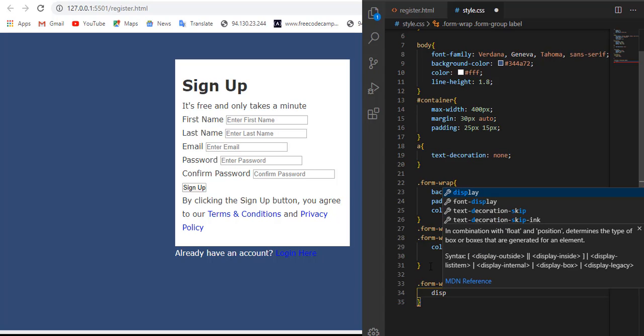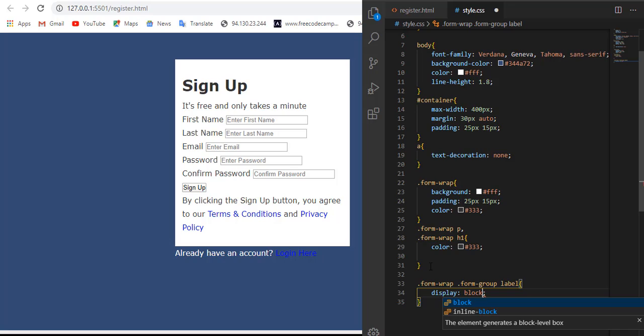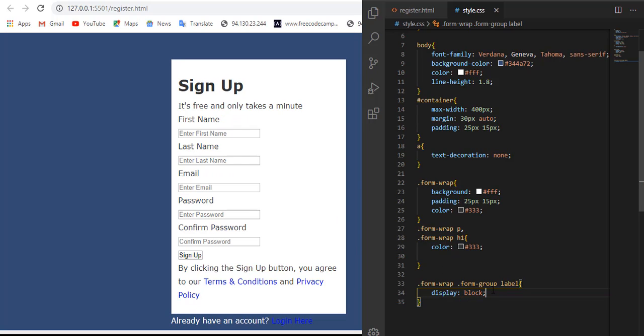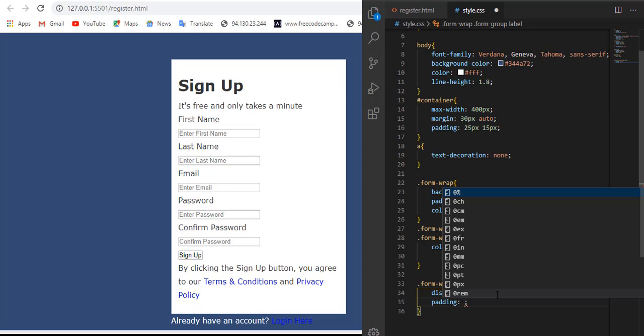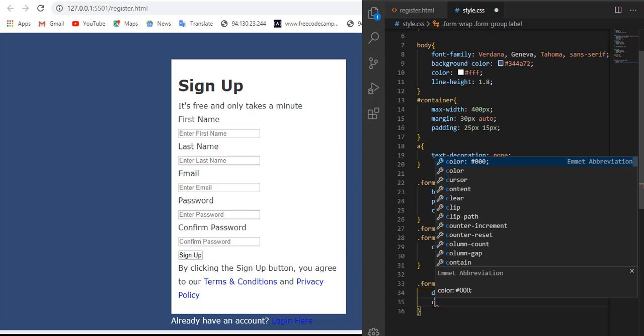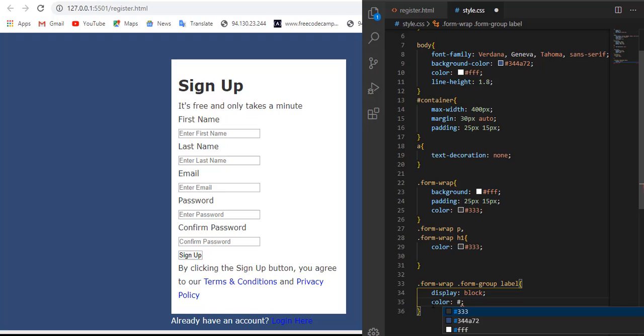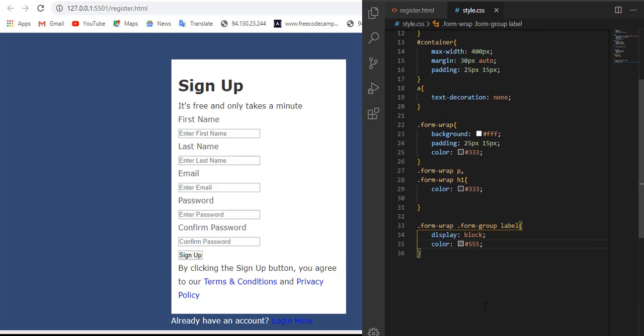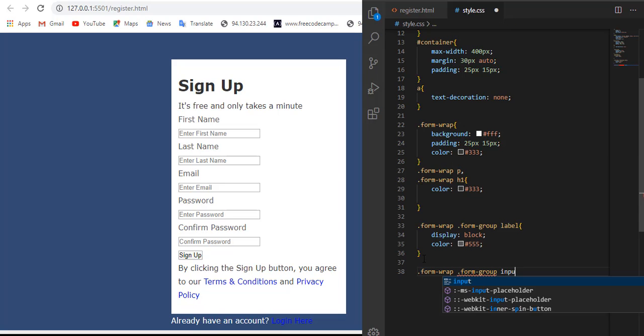So here I can display them as a block. I think you don't need padding. I can set the color a little dark. So let us now select our input field, form wrap and form group input.